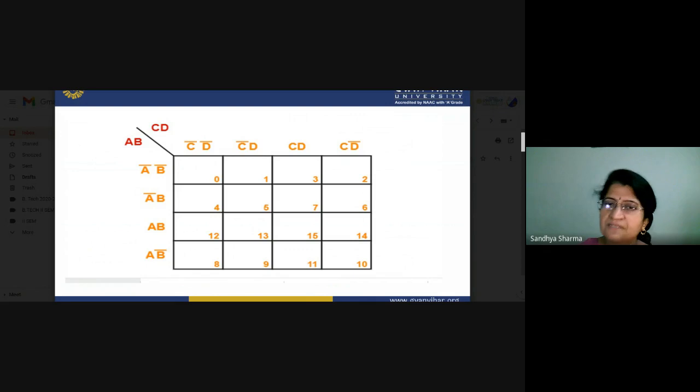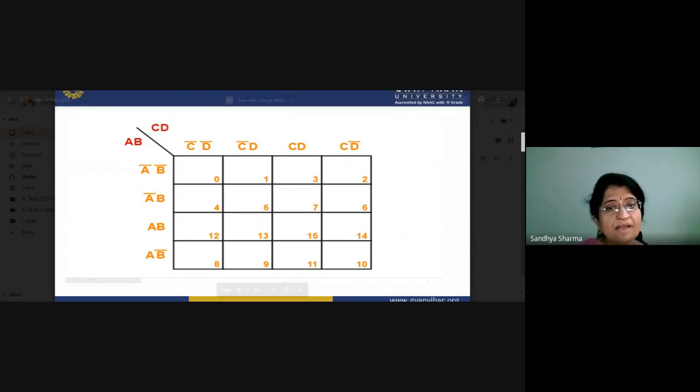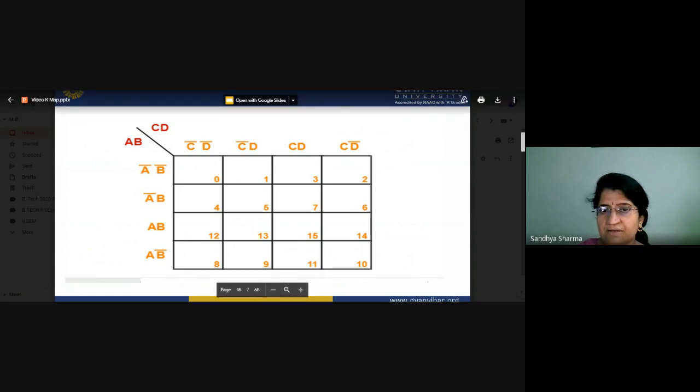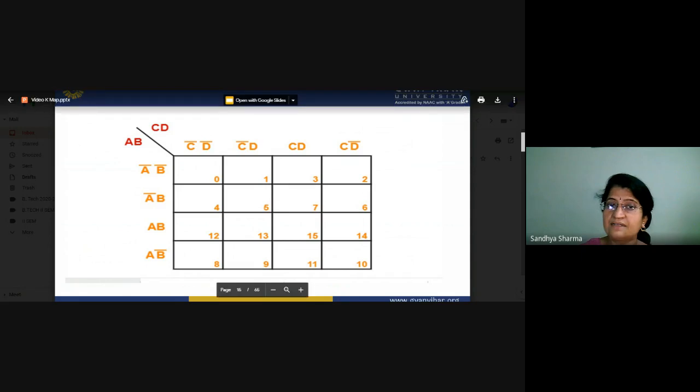So how can you number it? 0, 1, 2, 3, 4, 5, 6, 7. Now what will happen here? 0 0, 0 1, and then 1 0. So after 7 comes 8, 9, 10, 11, 12, 13, 14, 15. You have to remember to take the flow 0 0, 0 1, 1 1, 1 0. We can write the cell in this way, but when we are numbering it, the numbering will be 0, 1, 2, 3. This will come before and this will come after.